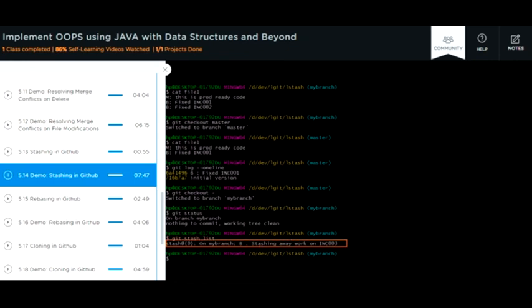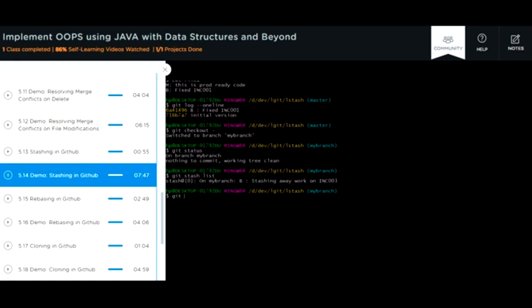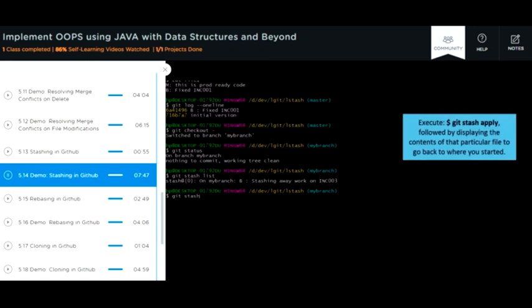So execute Git Stash Apply, followed by displaying the content of that particular file to go back to where you started. Let's apply the same snapshot in the master branch. To make the change in My Branch,